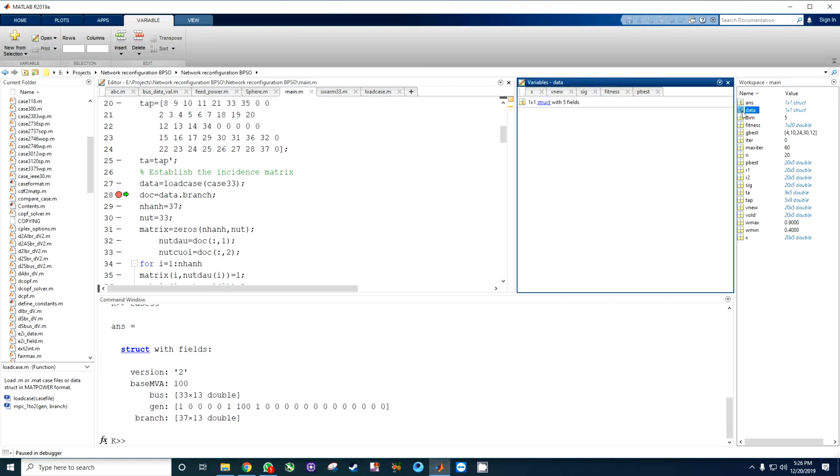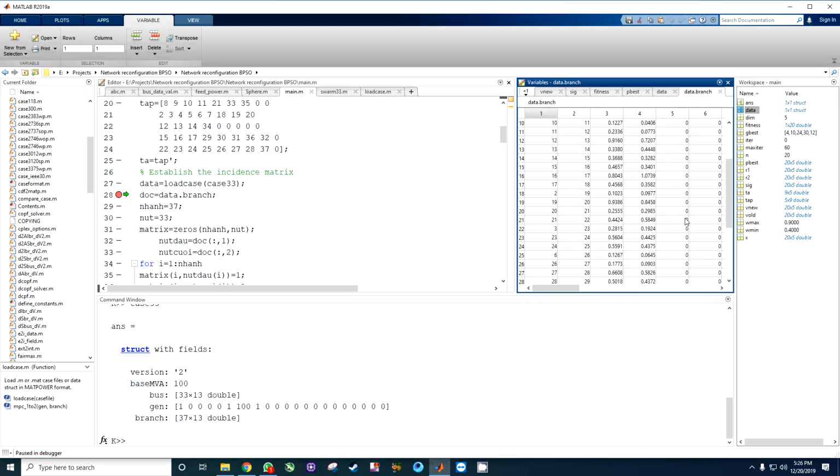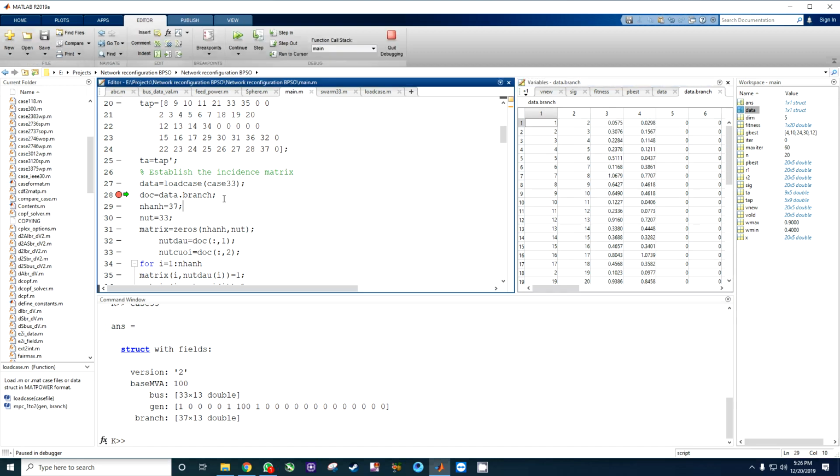Here is the file data, and data has branch. Just open it up, and all the data for the IEEE 33 bus system is stored here. For the 57 bus system, data will also be there. So you can ask a question: how does this file data come from the previous step?